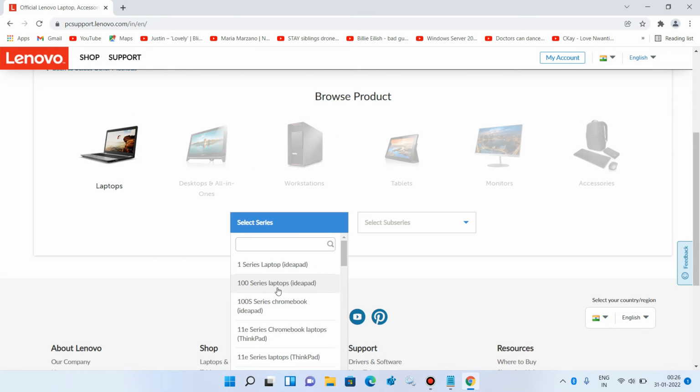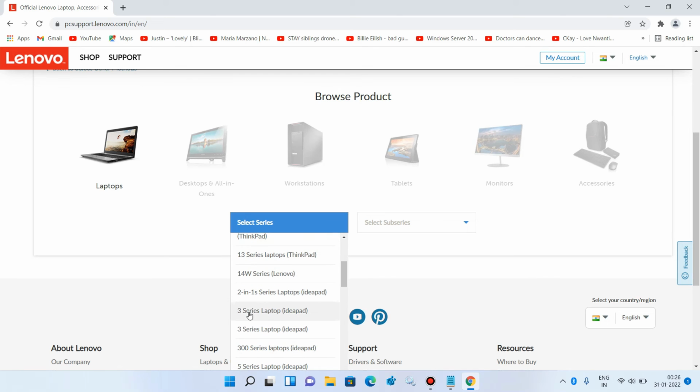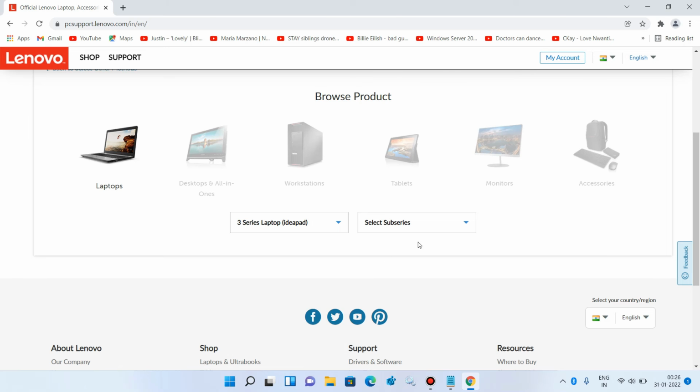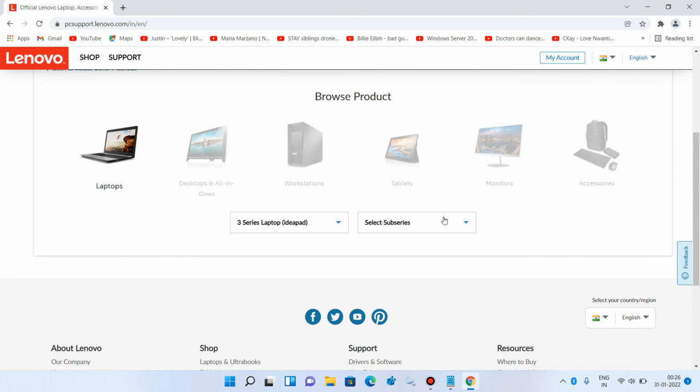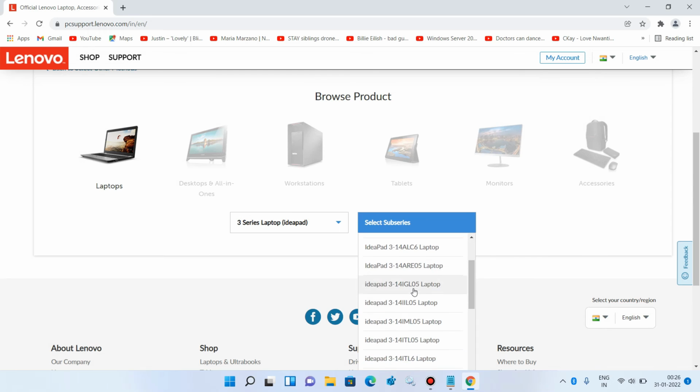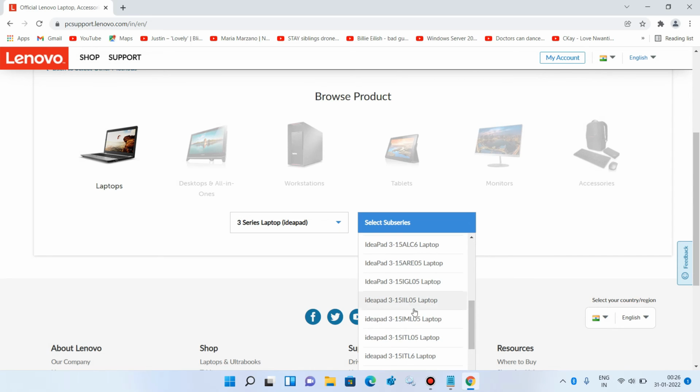So just select the series. So here it is 3 series laptop IdeaPad. And now just select the sub-series. So it is 15IML05U1. So here it is IdeaPad 3 15IML05 laptop.